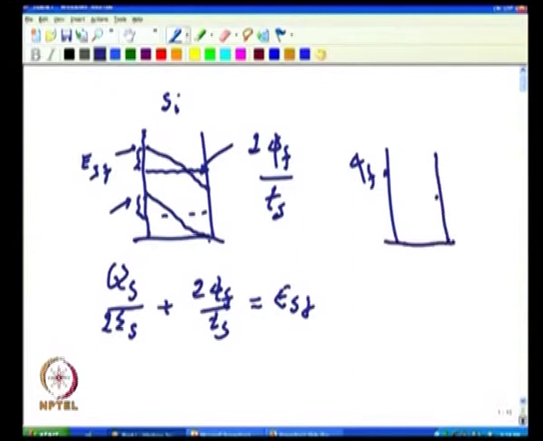So, you have got, let us say this is phi b back channel. This minus that divided by T of s is the average field. Because if I take the electric field, it will be like this. In this case, it was twice phi f only because this voltage was 0. Here it will be some phi b. So, I find the average, phi f minus phi b divided by T of s is that average field,